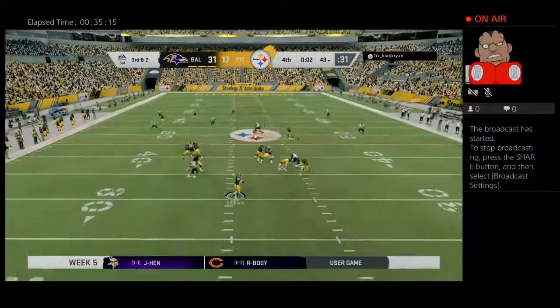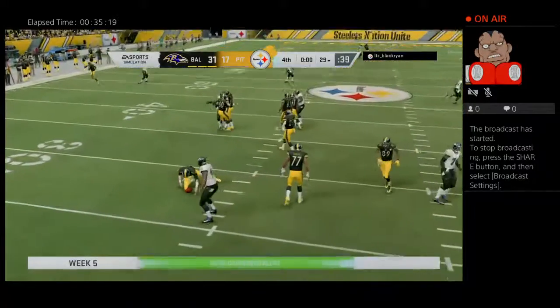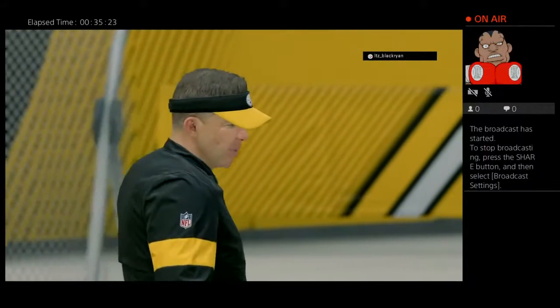Stidham with one final shot. And a big loss here as he's taken down. So the final seconds tick away in this Baltimore victory, and they were buoyed, Charles, by a big